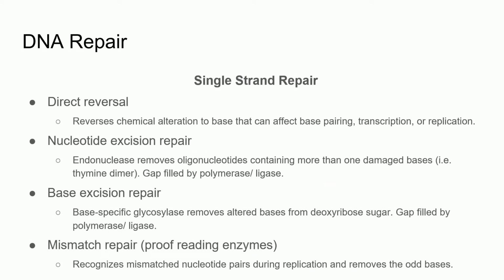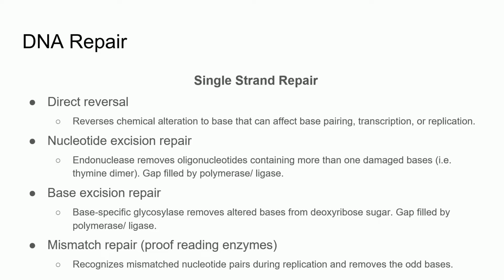Our cells have mechanisms in place to repair DNA damage to minimize potentially deadly consequences associated with that damage. The source of damage can be exogenous, like UV radiation or exposure to carcinogens, or it can be from endogenous sources, such as replication errors or exposure to reactive oxygen species. Single-stranded DNA breaks are the most common lesion arising in cells.